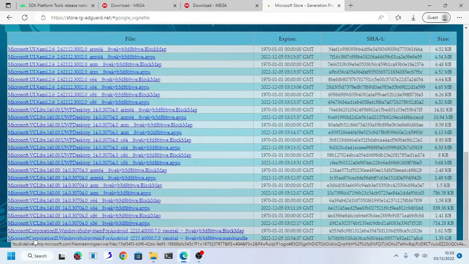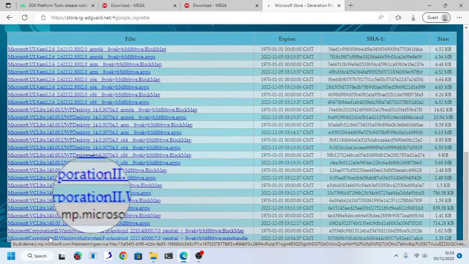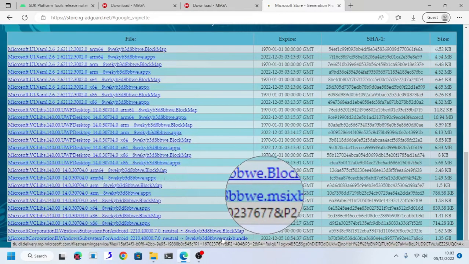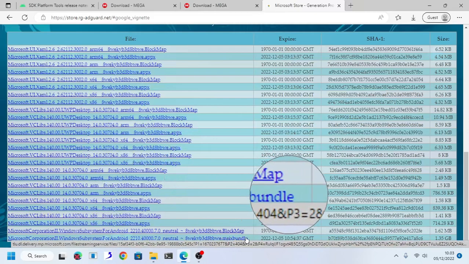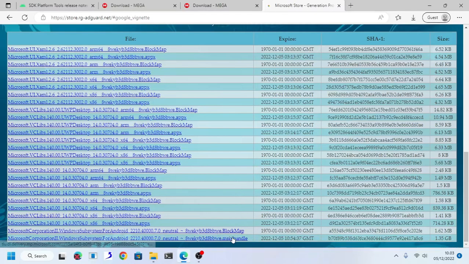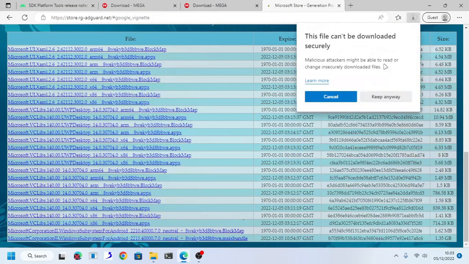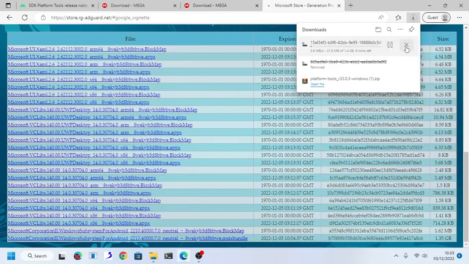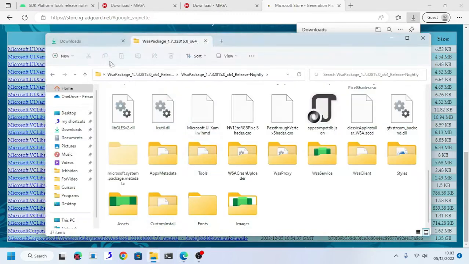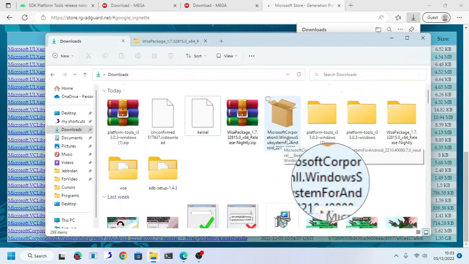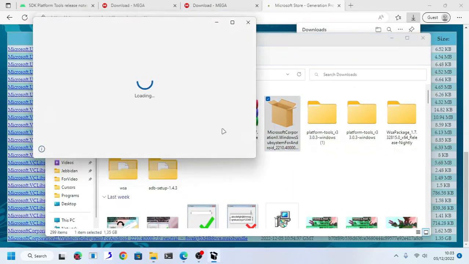Again, download this, and since this is an MSIX bundle, you can just left click, or in this case just run the installer like normal. Keep anyways. This is what it should look like after you download it. Run it,